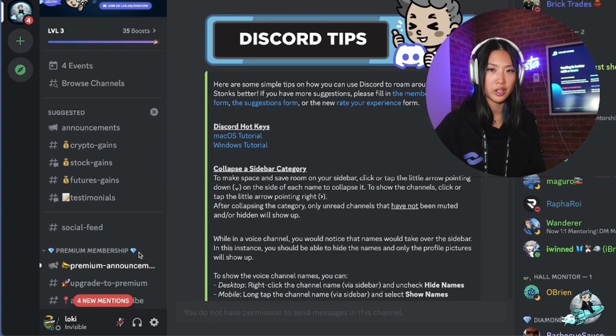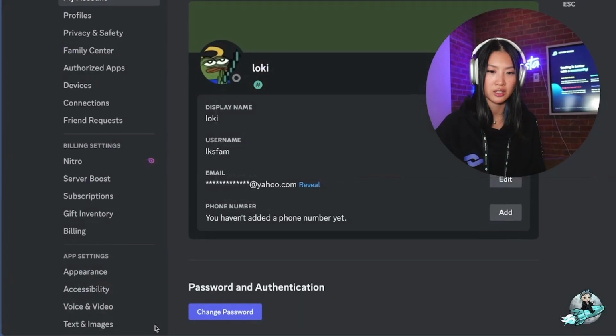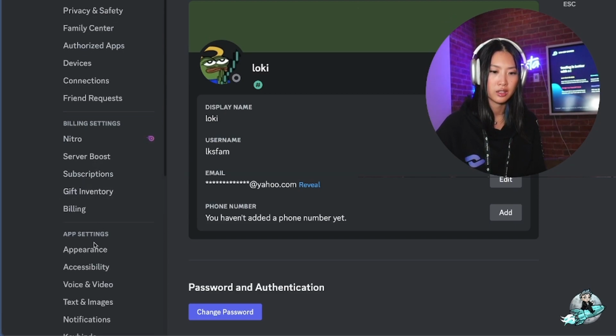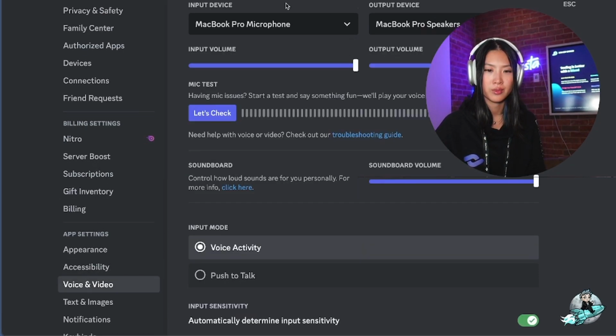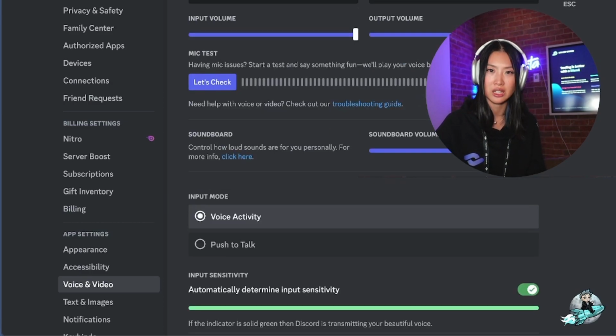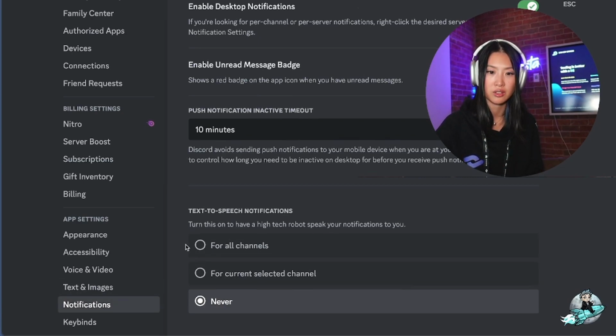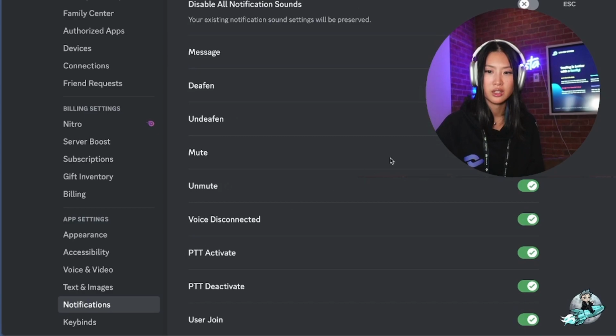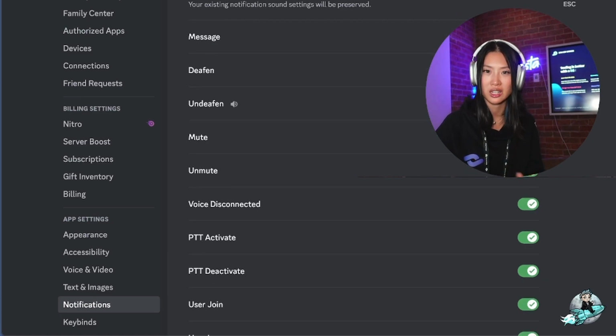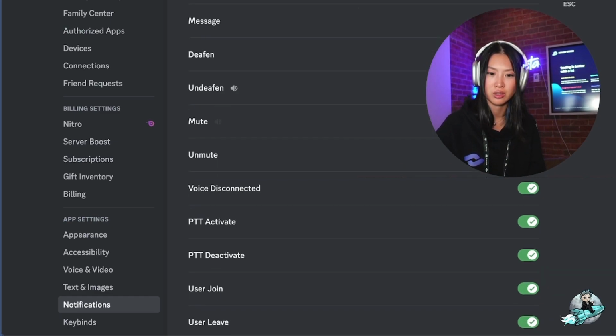And for your audio and video settings, go to your settings down here. Go to voice and video. Definitely check your input device and output device, because sometimes the Discord app is not going to be in sync with your computer system. For notifications, especially when you're connecting and disconnecting from a voice or stream channel, you can actually turn off the notification sounds that Discord app makes whenever a user disconnects or does any action, because that could be annoying. I usually like to turn off a lot of these sounds, or you can leave them on,